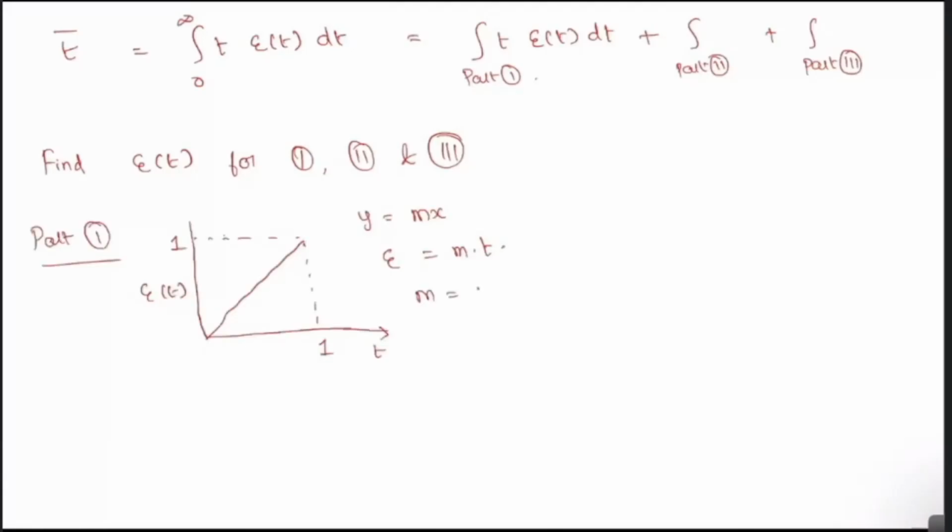So this curve or this line can be represented as E of t, which is equal to t. So let us say this is for part 1. Now similarly, we can do the same for part 2. Now in part 2,